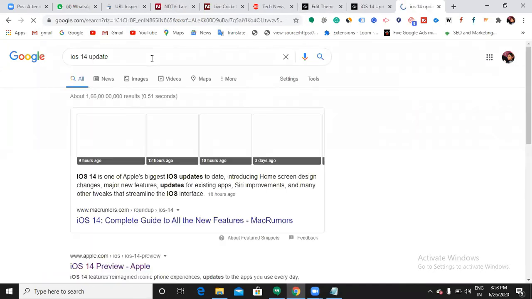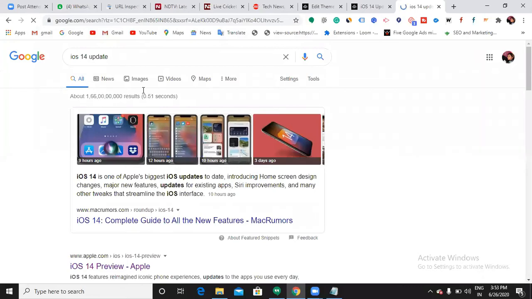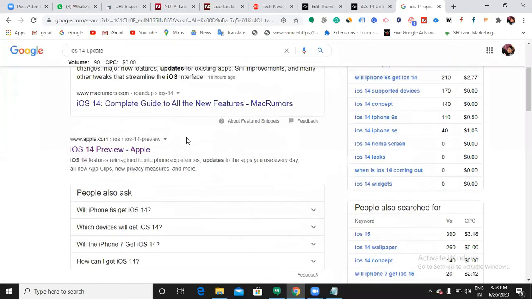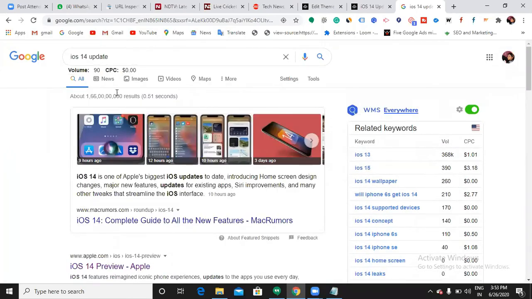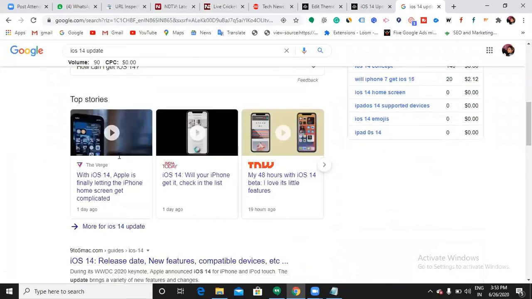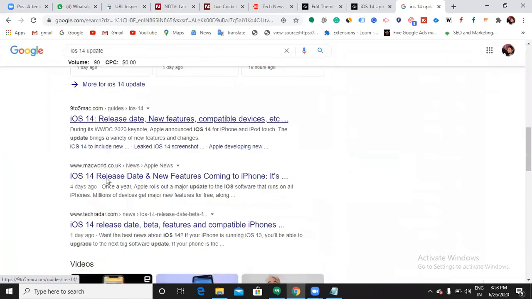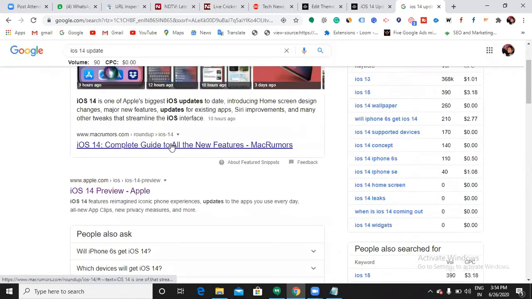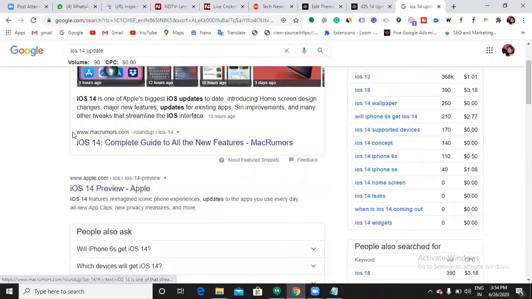So does it have a lot of traffic? Sorry, search value? When I checked it, it was more than this. Now it is showing this. Okay, no problem. See here. The first website is macromnotes.com, and then apple.com, then 925mac.com. My God. So now I need to search for the Sumit website. So where will the Sumit website appear like this, right?